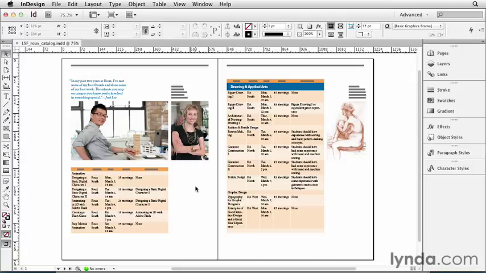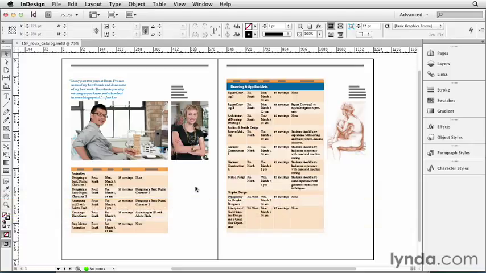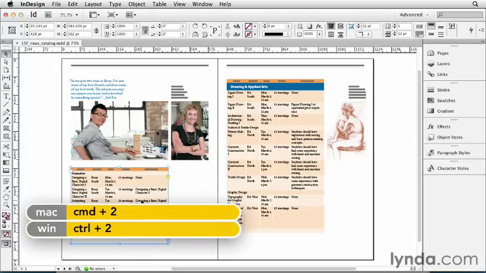So now we've learned how to format tables in some detail, but if you had a lot of tables to format, it would be really tedious to go through this process for each and every one of them. Fortunately, InDesign has a feature called table styles and cell styles, and these let you apply lots of table formatting with a single click. I'll select this text frame inside my 15F exercise file, and I'm going to zoom into